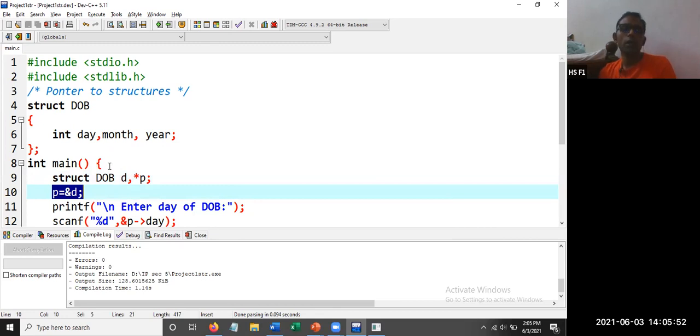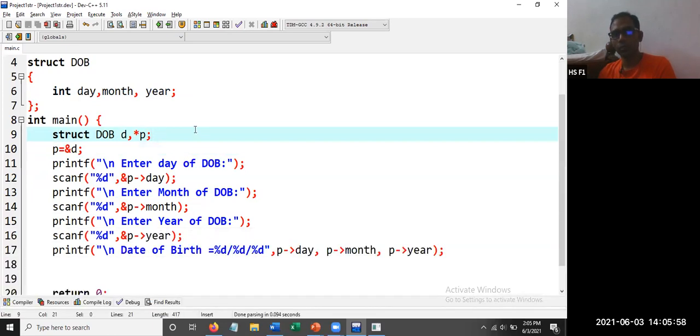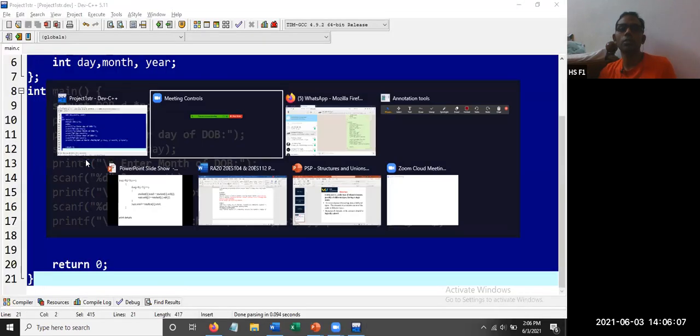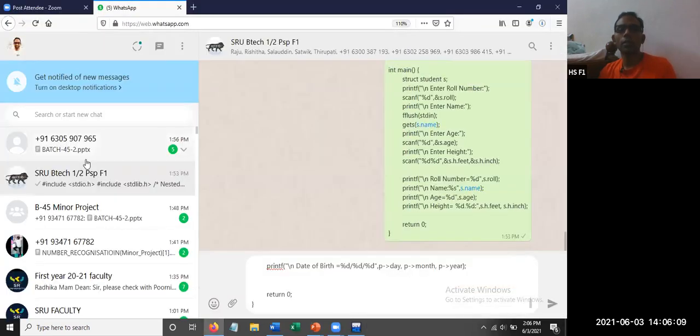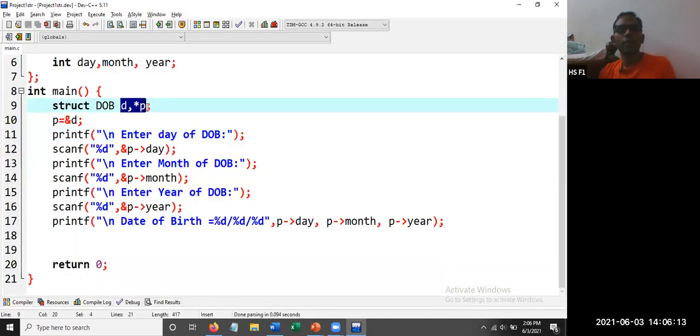Then if you want to assign the address using the malloc function, how will it look? Can you guess? This program is working fine. Let us copy and paste. First of all, let us not make this complicated. I want to assign the pointer variable some memory.